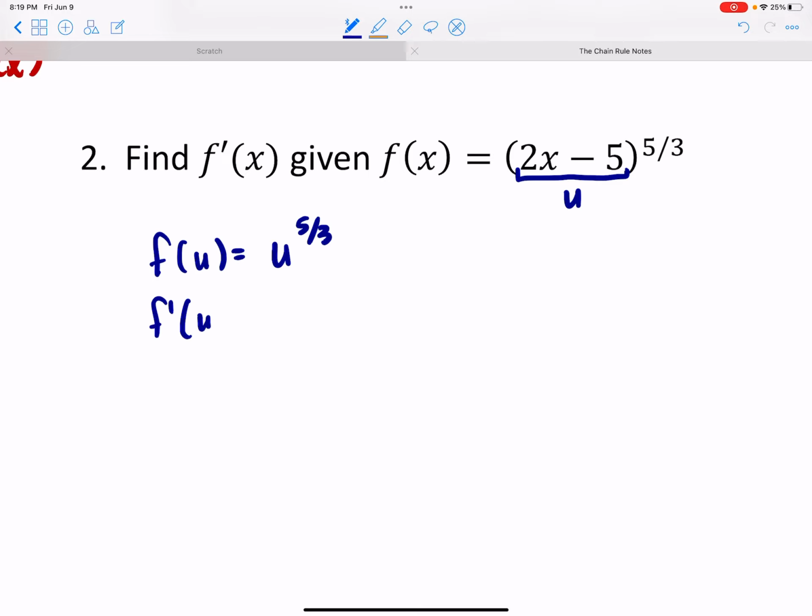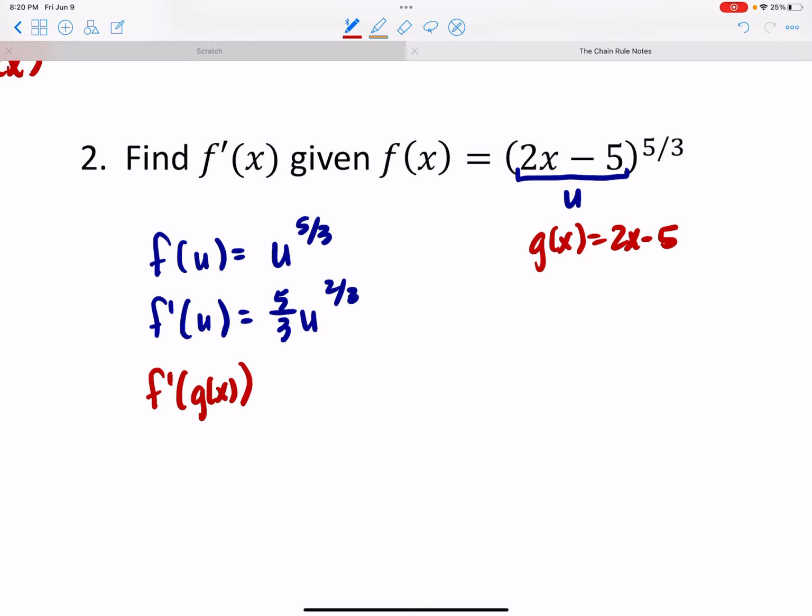So f prime of u gives me 5/3, we multiply, and then subtract 1 from the exponent. So 5/3 minus 1 would be 5/3 minus 3/3, which is 2/3. That's going to be my exponent here. Okay, now that's f prime of u, but I don't really want f prime of u, I want f prime of g of x. So now I'm going to replace u with g of x, which is my 2x minus 5. So here f prime of g of x means get u back out and put g of x back in. So instead of 5/3 times u, 5/3 times (2x minus 5) to the 2/3 power,